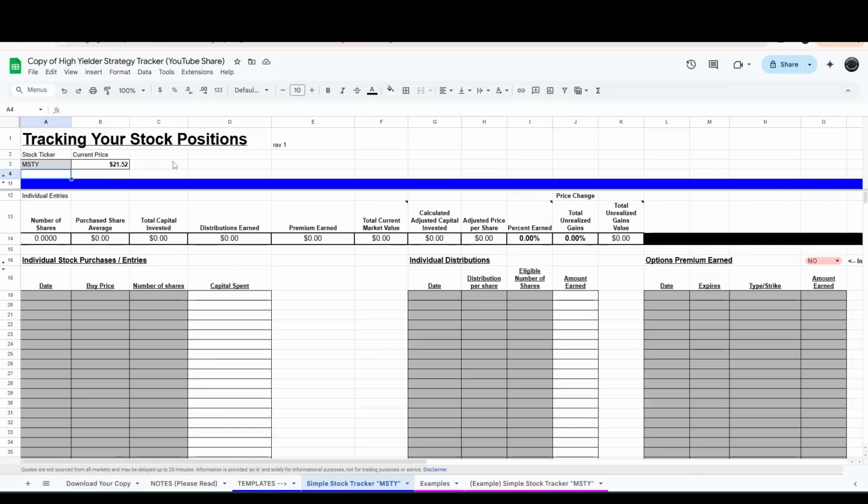Now, this is using Google Finance. So if you enter a stock ticker symbol and it does not pull in a price for that symbol, then it is not yet part of the Google Finance data. There's not much I can do about that, but most ETFs and stock ticker symbols are in there. The newer ones may not have made it into the database for Google Finance yet, but I'm sure they'll get